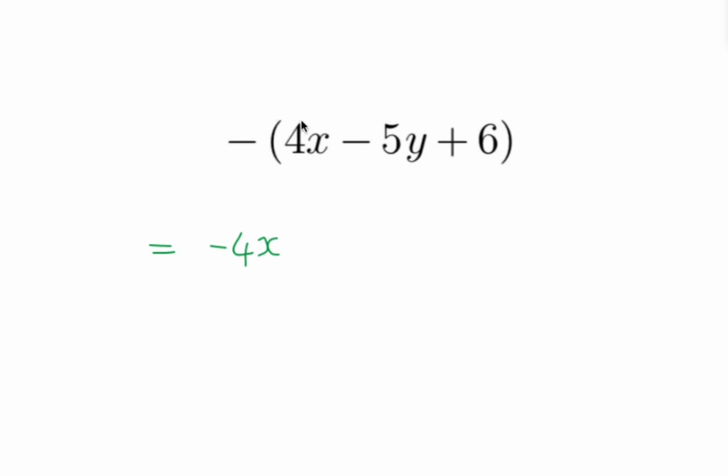Because minus 1 multiply with positive 4, answer is in minus 4. Negative multiply with negative, positive. Negative multiply with positive, negative. And this is the answer, all sign changed. Okay,